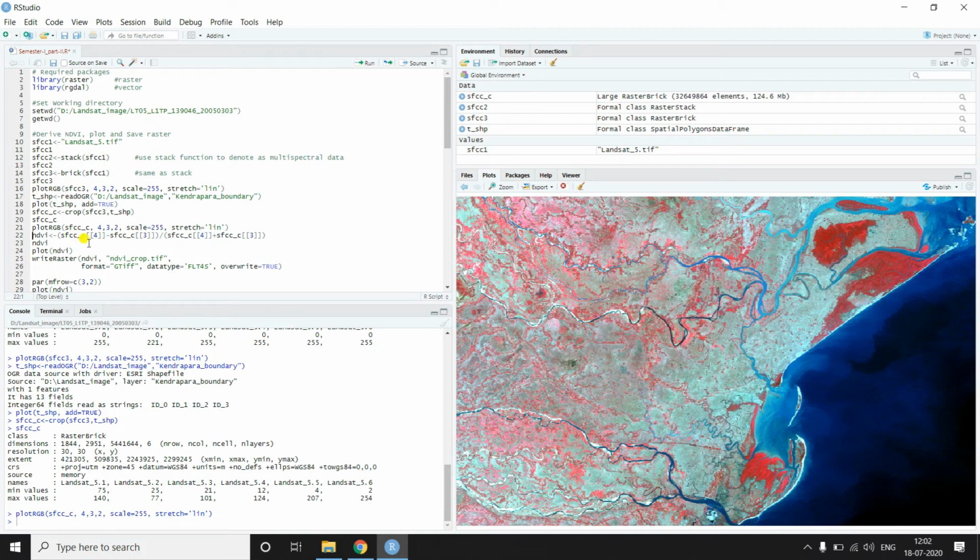To read a particular band from a layer stack image, we will use the square brackets twice, and within the brackets we will mention the particular layer number we want. So if we write it this way, it will extract layer number 4.